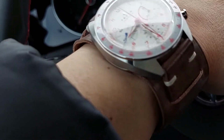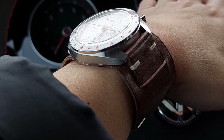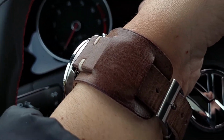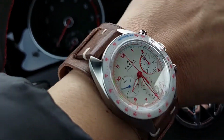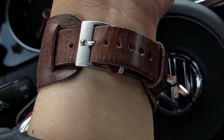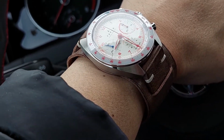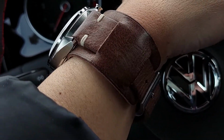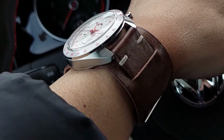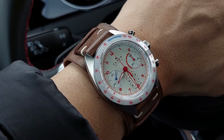You have this centerpiece that usually runs between your wrist and the watch case, and where the straps run through, and they can run through differently. This is the way they do it here on this particular style. And a lot of the ones that are cut are a little bit too big. I don't generally like so many pieces and large leathers on my wrist,